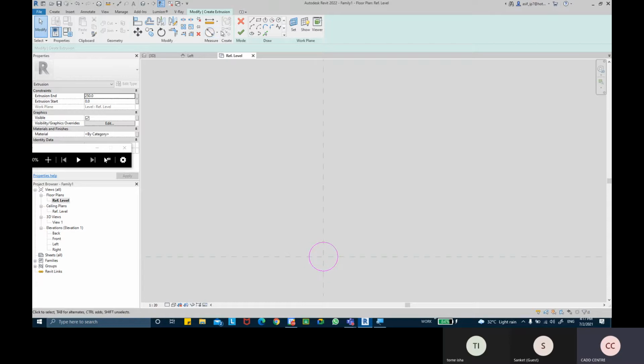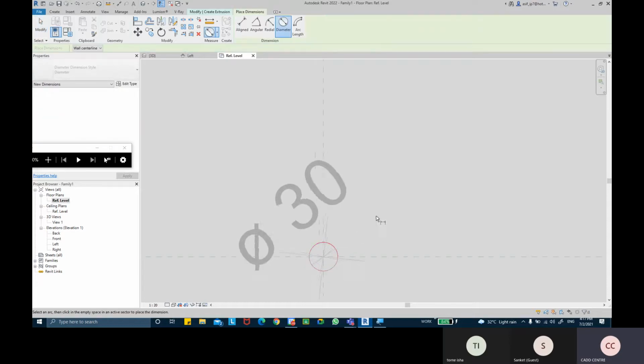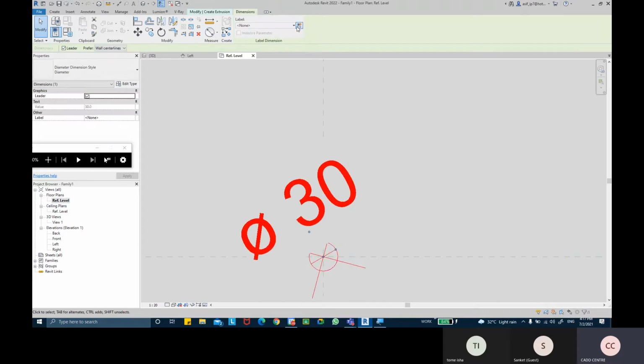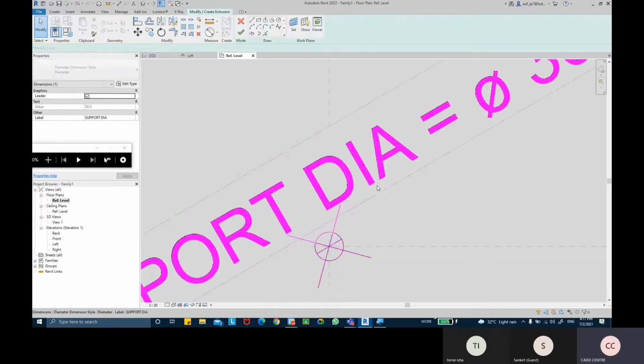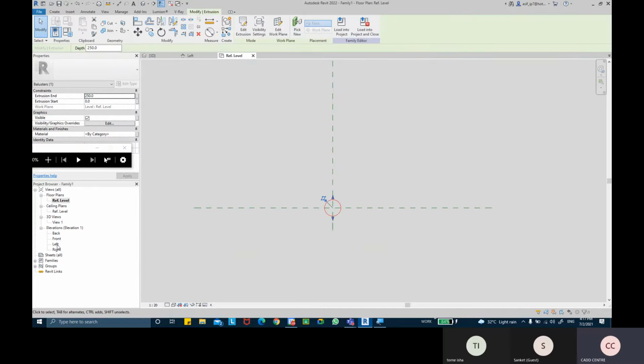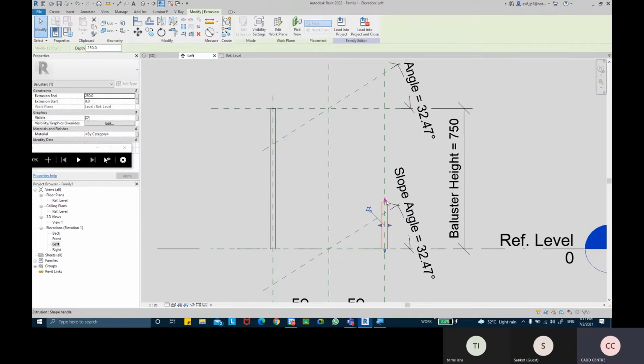And then we're going to give the diameter symbol, diameter dimensions. I'll select this dimension. This time I'm not going to create a parameter, which I already have a label. So I'm going to select that label, support diam, and I'm going to hit the finish editing mode for this one as well. Come back to the left elevation view, drag this all the way till the top,